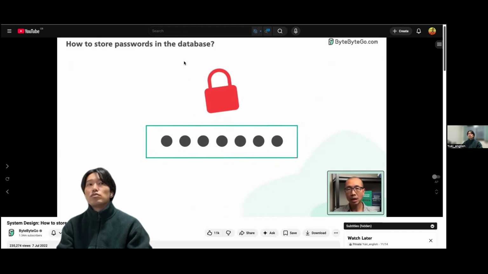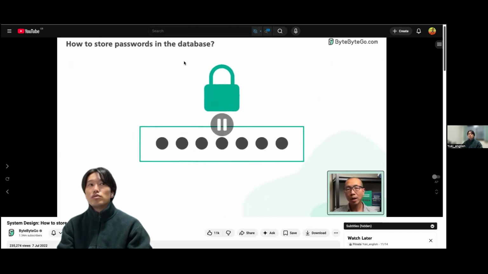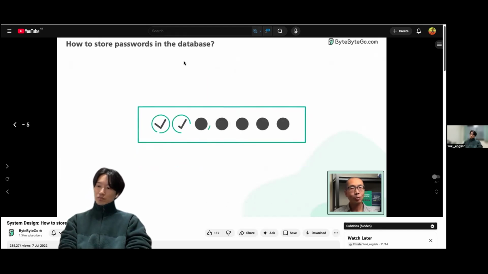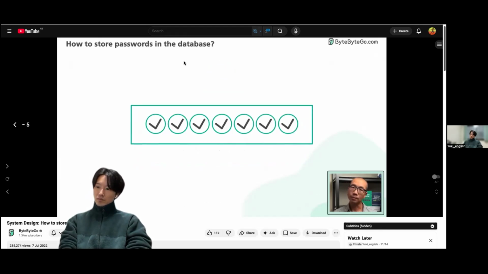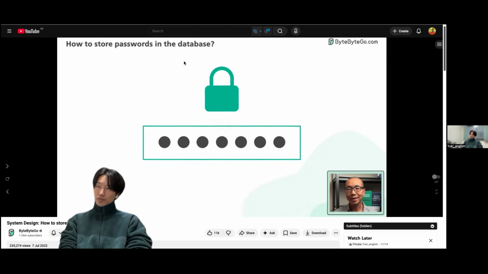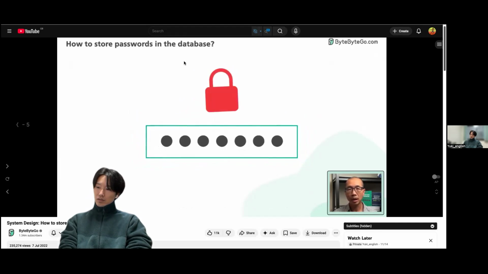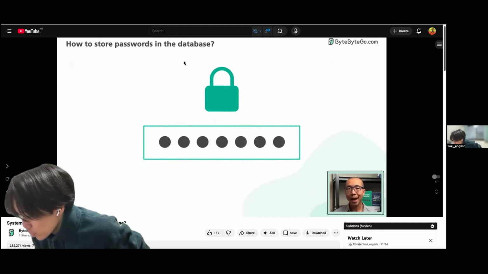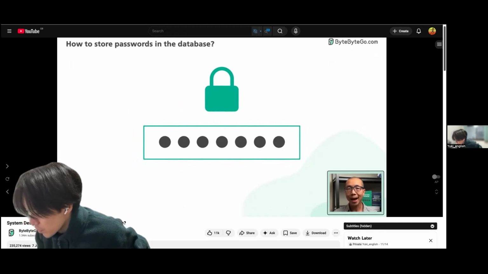It's essential to store passwords in a way that keeps an attacker from getting them, even if